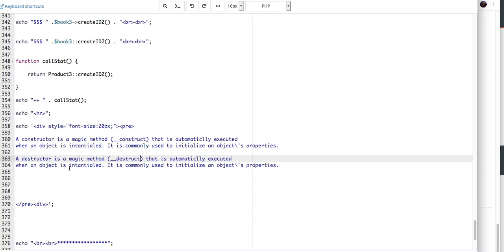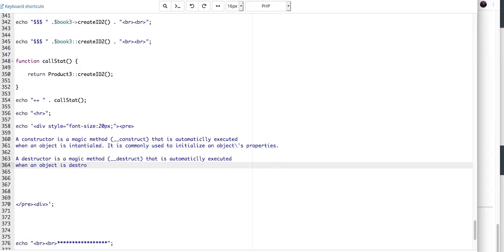When an object is destroyed, meaning that you're done with it, or at the end of the script. It is often used to perform